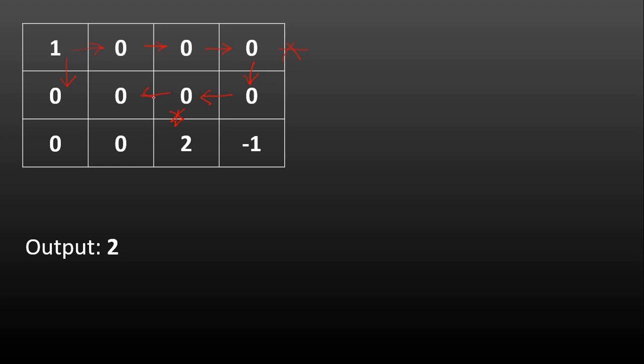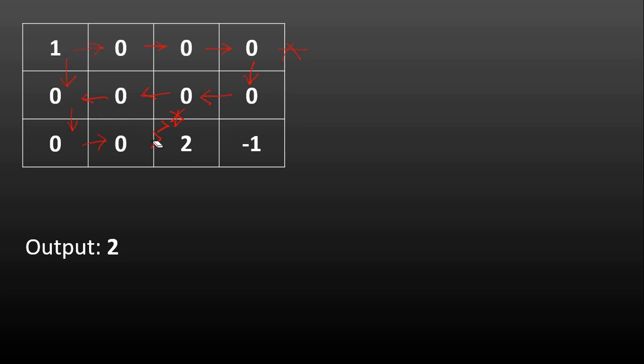So here I can go to this particular cell, or I can go to this particular cell, and then I can come here, and then here, and then here. So this is one of the paths where I'm covering all the empty cells, and then I'm coming to 2. So I've covered all the cells like this, and then I've reached 2. This is one path. Now let's look into the second direction, which was the down direction.